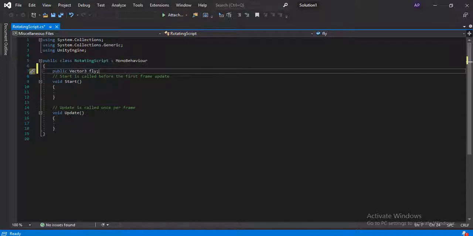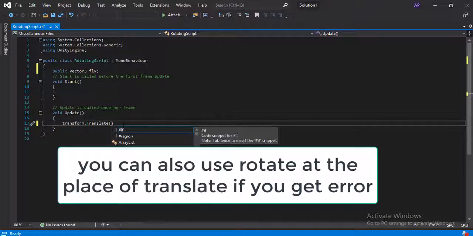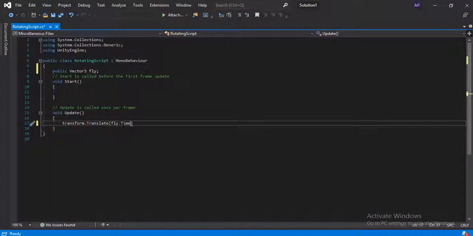After that I just enter into the void Update and type here transform.Translate(fly * Time.deltaTime); Okay, and now I just put semicolon and press Ctrl S.